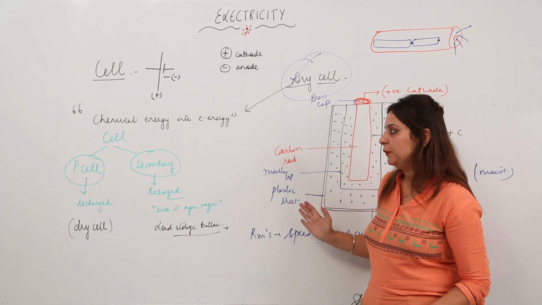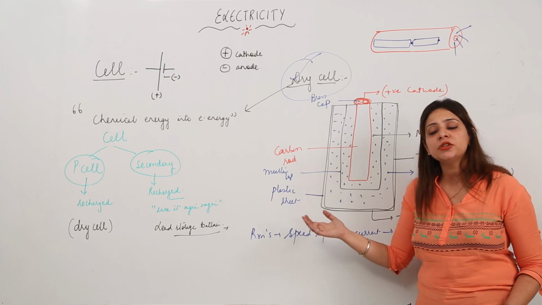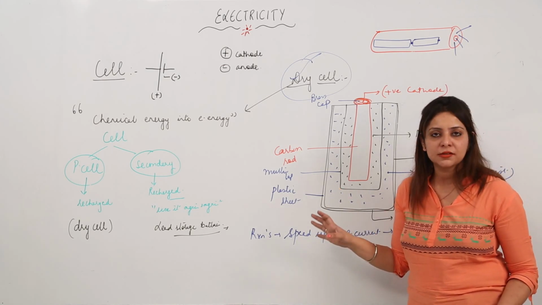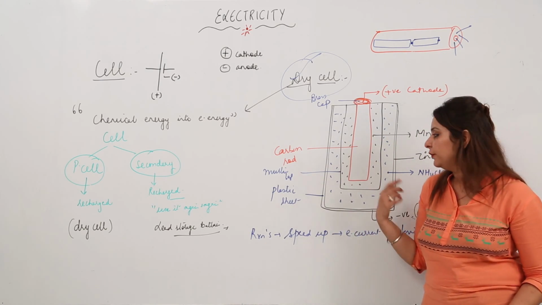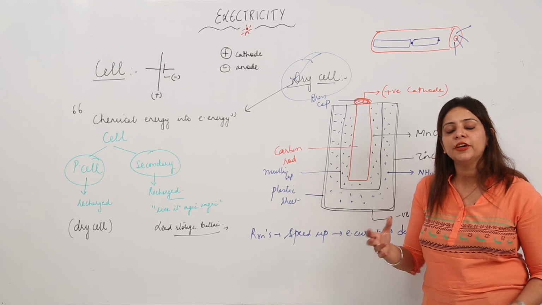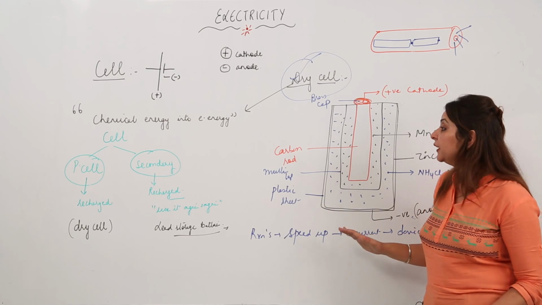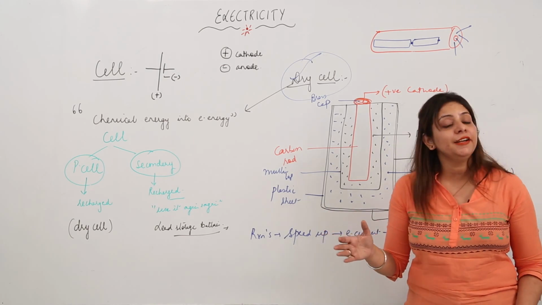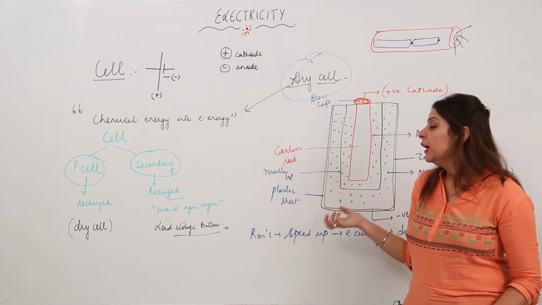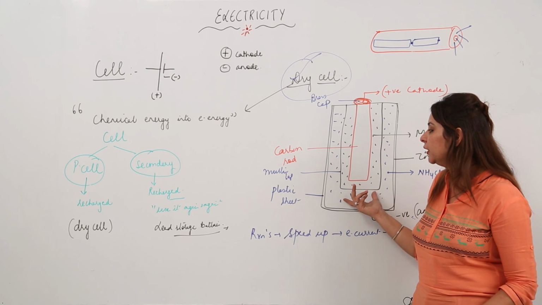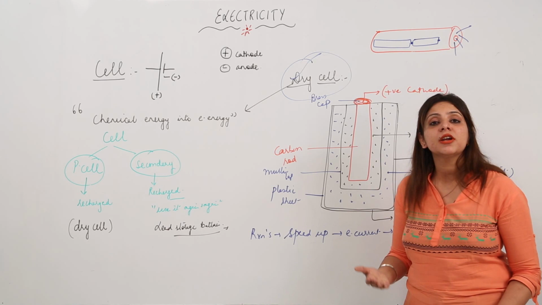So this is what a primary cell is, but its main disadvantage is that it cannot be recharged, because once used it gets dead, because the chemical present in it gets consumed, and it is no longer usable in any device. So that means it can be used only once. But otherwise, if we talk about its advantages, it has a lot of advantages. One, it is very small in size, very portable, right? Moreover, it can be transported easily from one place to another, and there is a very low risk of leakage.